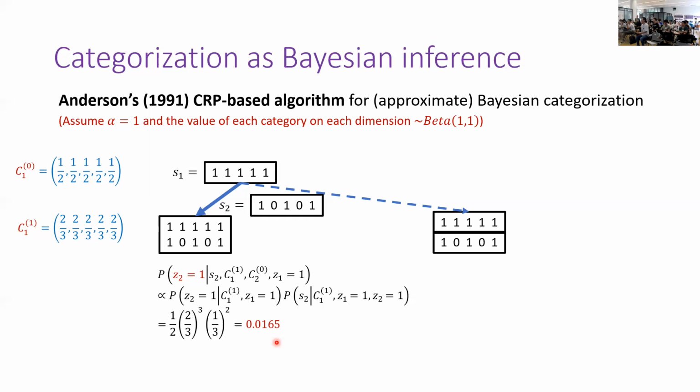This is also what I did when I read Anderson's paper to make sure I understood it. Okay. So if you go to the other possibility, where it comes with a different category, then you could similarly compute the posterior probability that this second stimulus goes to a new